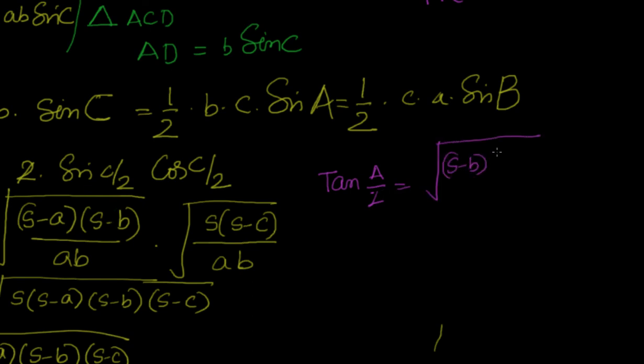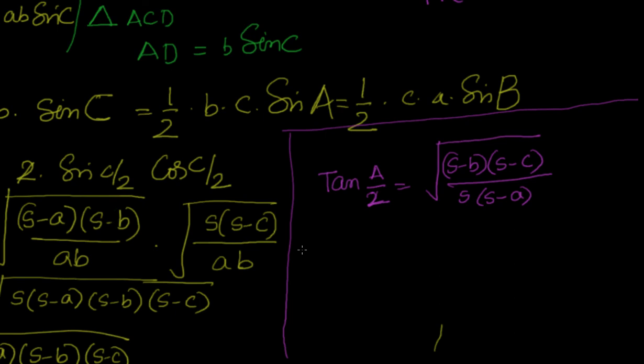I am multiplying with s minus b into s minus c, so that I can get area at the bottom, right? That's the idea. So I am multiplying with s minus b into s minus c by s minus b into s minus c. This is nothing but equal to square root of,